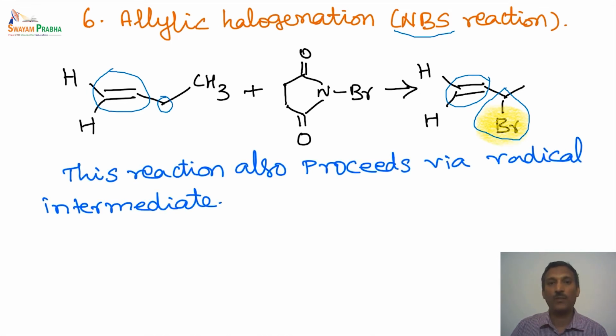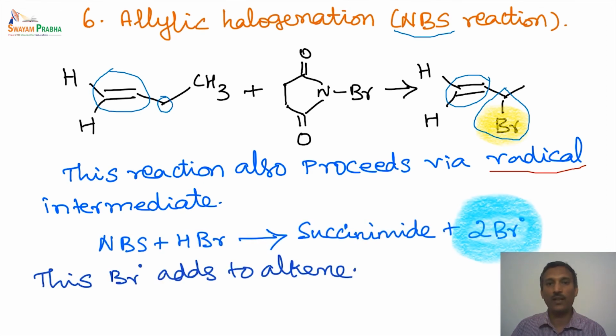If we look at the mechanism, this reaction also proceeds via the radical mechanism basically. So far, many of the alkyl halide preparation reactions we have seen proceed via radical reactions. So this is the one you have to remember: the hydrogen peroxide mediated anti-Markovnikov addition, the preparation of alkyl halides from alkanes, the preparation of alkyl halides from carboxylic acids, and this allylic halogenation reaction. All these reactions involve a radical intermediate as the crucial compound.